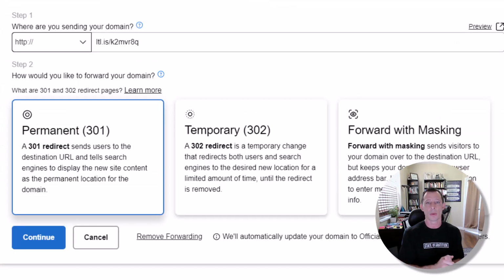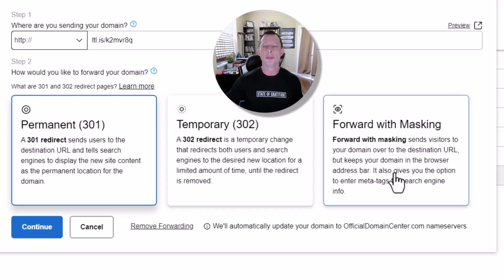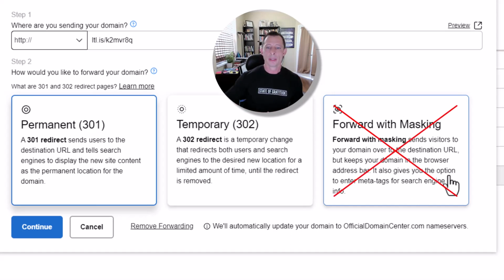Now here's a couple things that I want you to be aware of. Do not do masking. That's the one big mistake that people will make. So anywhere in your domain back office where you have your domain, when you see the option for masking, don't do that one. Why? Because it can break the website. When you mask the domain, sometimes on some computers, it may work fine for you, but other people pull up your domain, and if you have masking turned on, it could break the link, and it may not give you credit for the sale. Okay, you just gotta trust me on that.